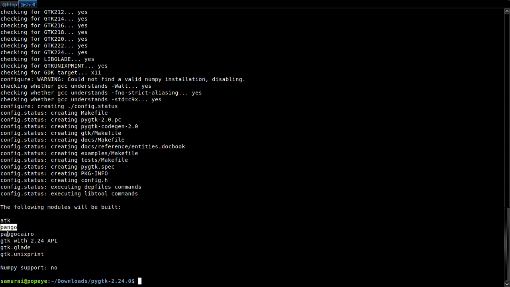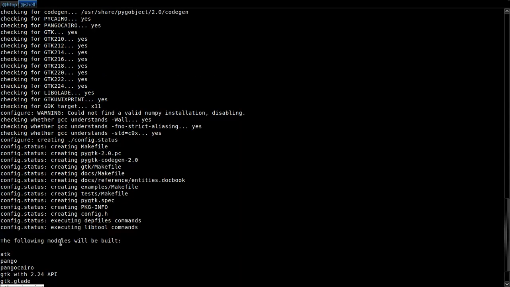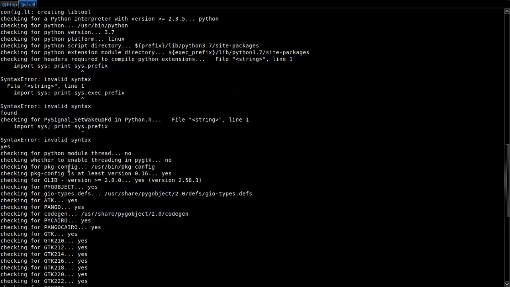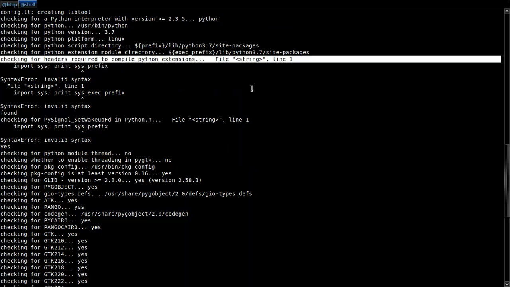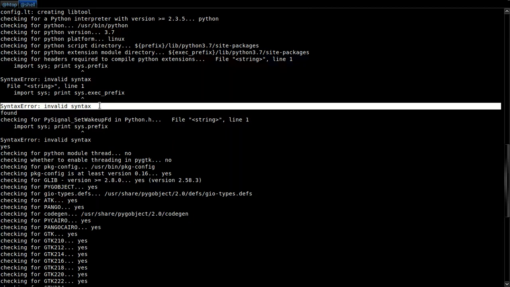These are the packages we installed from Debian, and let's check this message. Import C, print C, compiled extension, syntax error, invalid syntax found.